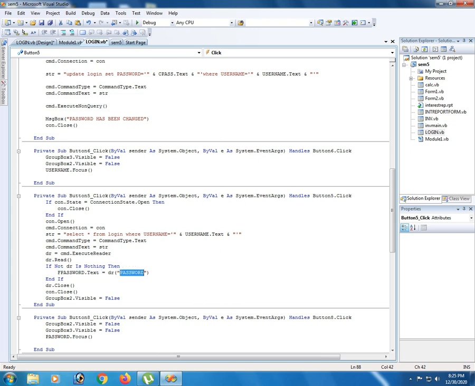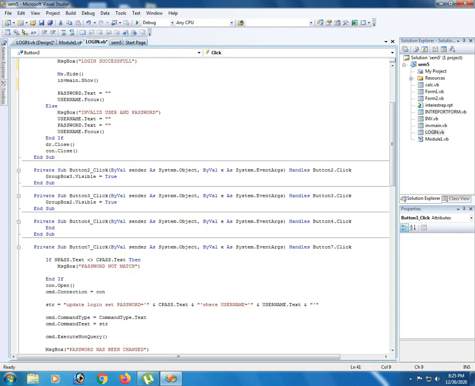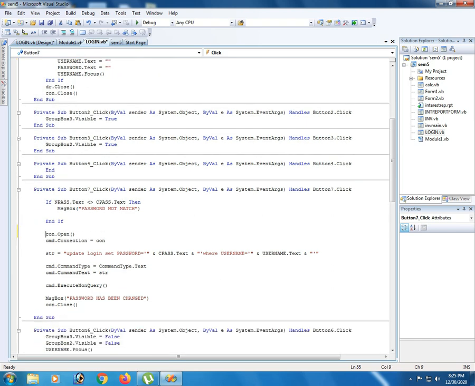Set means the new things you set: password equals cpass.text, where username equals username. This is also based on username. If all these are correct, it will save automatically. cmd.ExecuteNonQuery means it saves, and then a message is given that the password has been changed. So this is forgot password and change password.